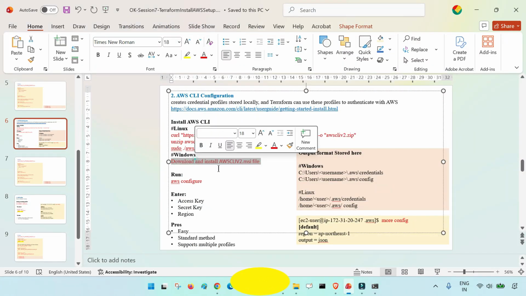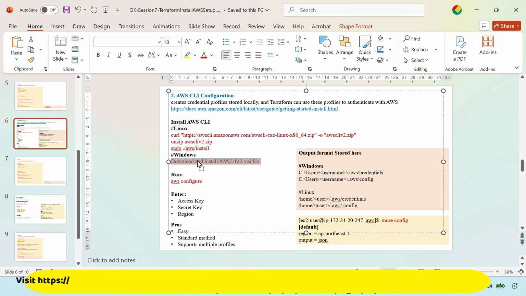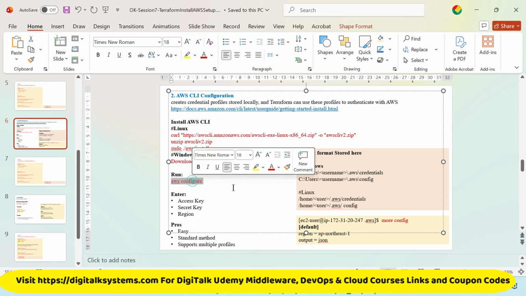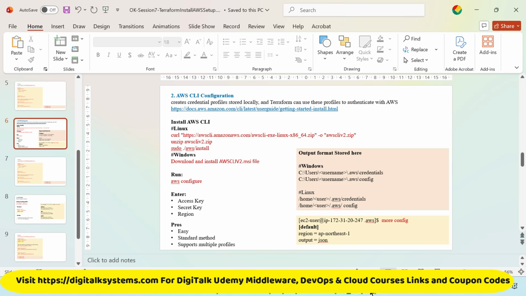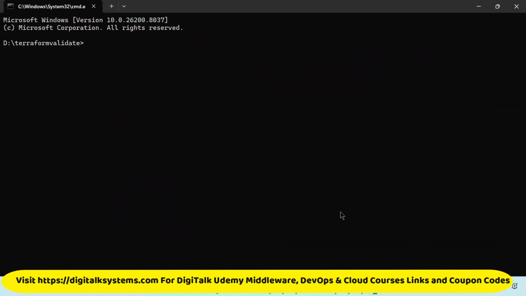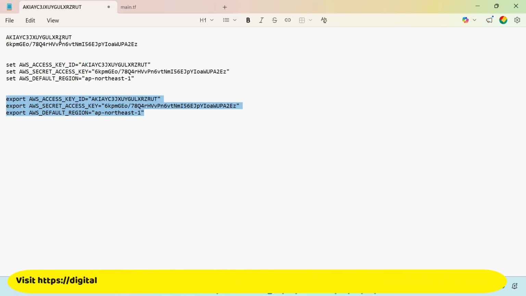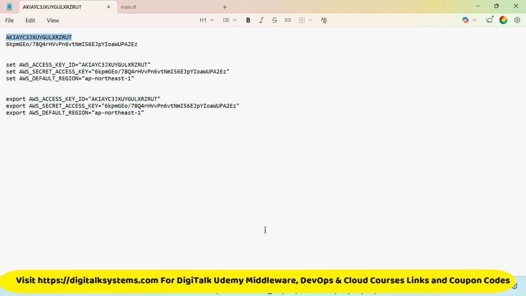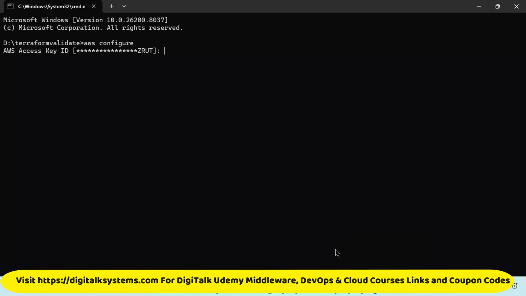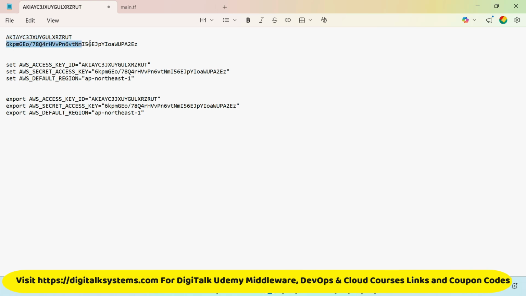So this is the first part where we have just downloaded the installer in our local machine and installed it. The next step is to configure with AWS configure. Go to the command prompt and run the command aws configure. First it is asking for the access key ID. This is the key that we downloaded from the AWS console in the previous session, right? So this is our access key ID, and this is